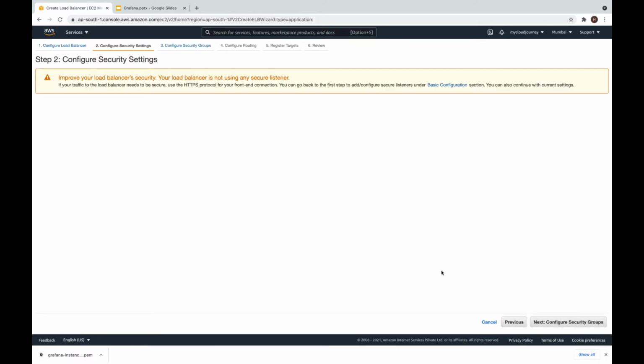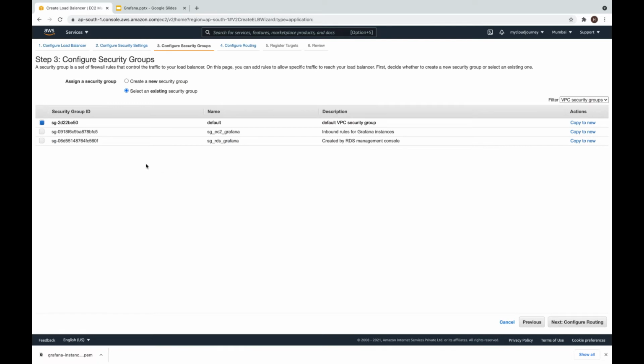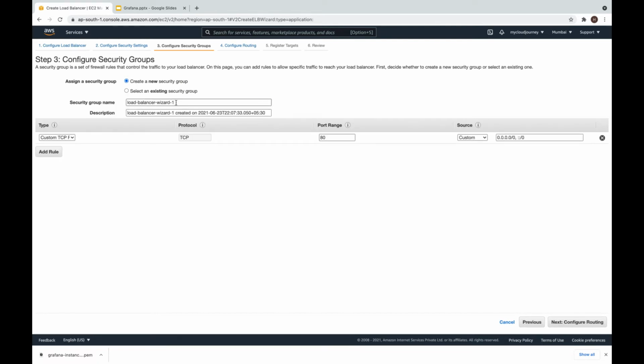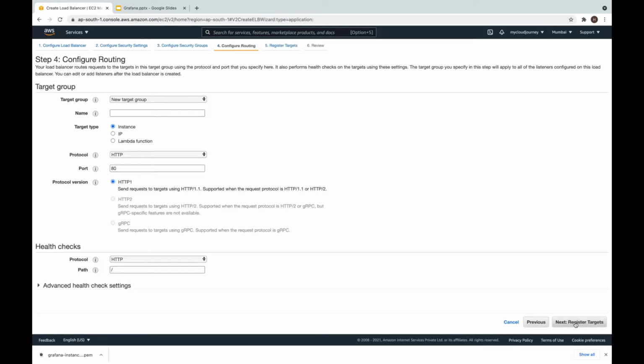Next, security setting, security group. I will create a new security group for this load balancer. I will give it a name SG ALB Grafana, and inbound rules for ALB. This port will be accessed from internet, and configure routes. So this route is for target groups, so I'll give it a name, new target group SG target group Grafana.